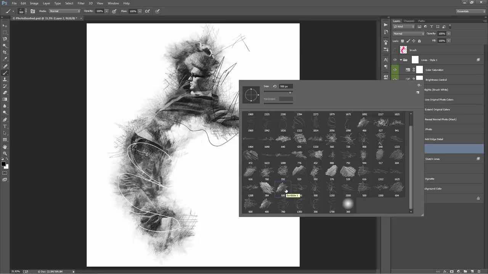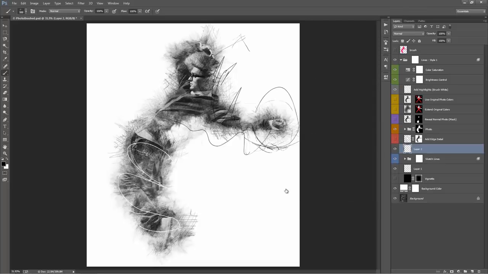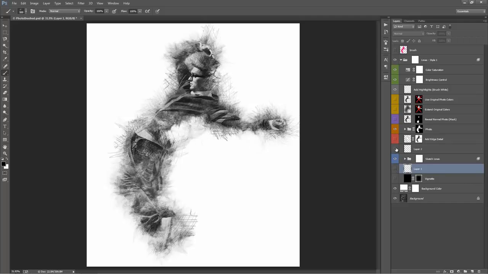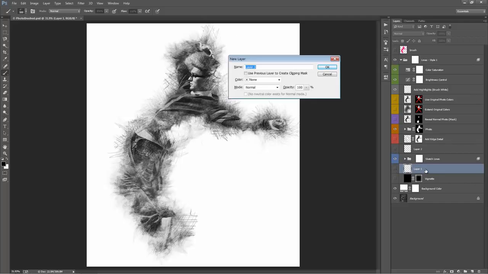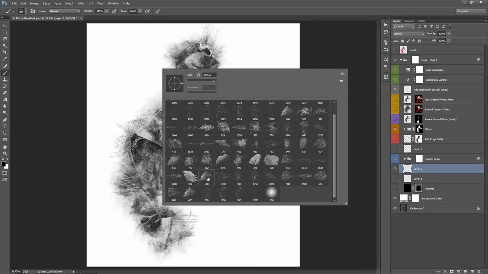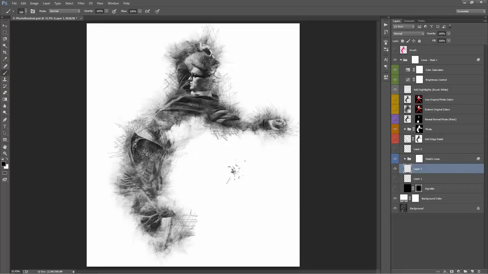So for example, if I select one of these brushes and I'll just create a new layer, I'll create it down the bottom here, and if I start brushing, you'll see how they're completely randomized, just like that. So you can use those brushes to add onto the design. I'll just hide these, create a new layer again. So again, these ones down the bottom, 500 all the way through to 1700. When you select those and start brushing,